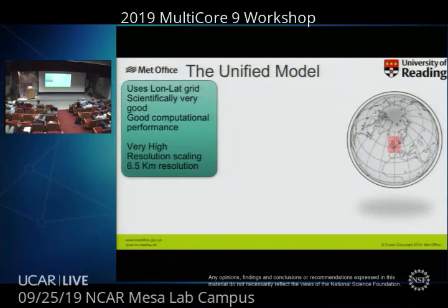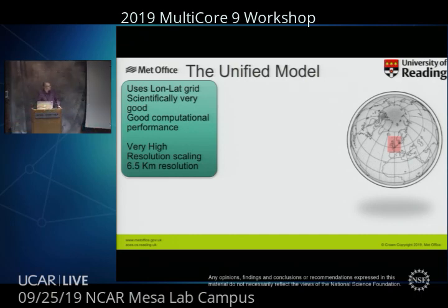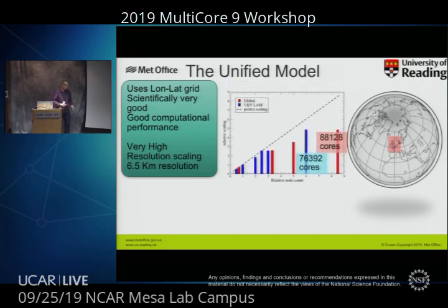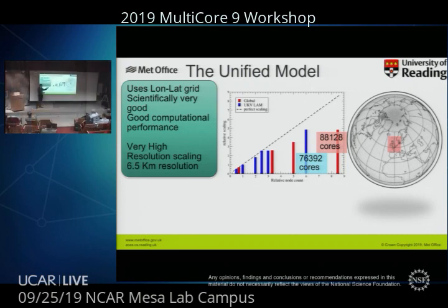So as I said, the unified model runs on this longitude-latitude grid. It has scientifically very good performance and pretty good compute performance too. If we scale it up further, to a higher resolution, say 6.5 kilometer resolution, and compare a local area model, which is the red patch, which doesn't have a pole, to the global model, which does have a pole, and scale them so they've got a similar number of degrees of freedom, then the blue local area model scales pretty well, and the global model starts to turn over